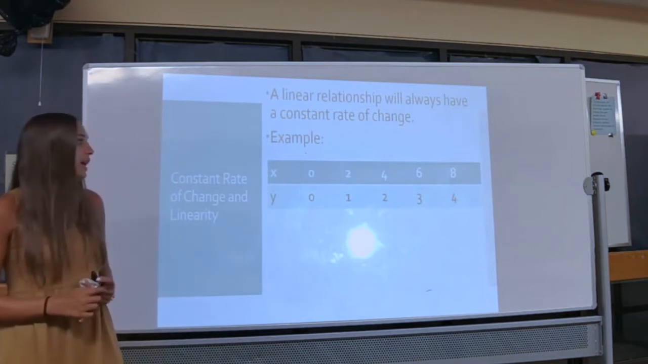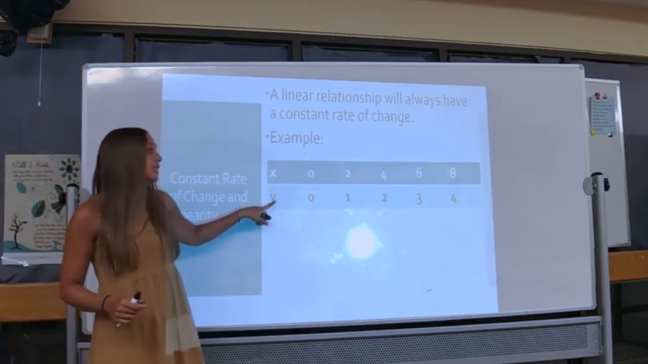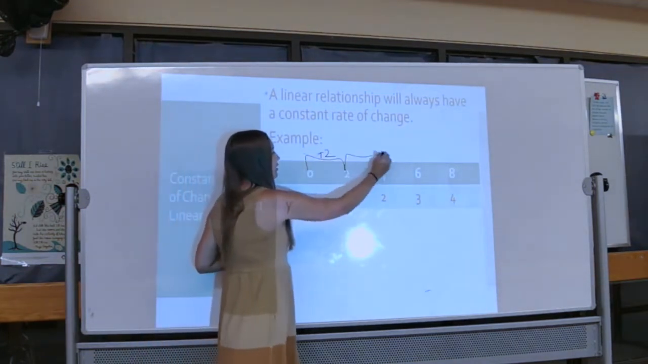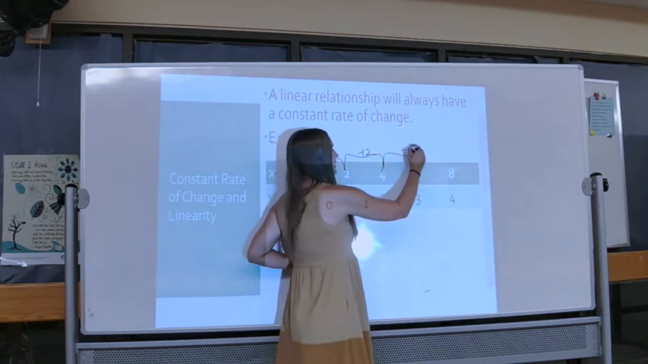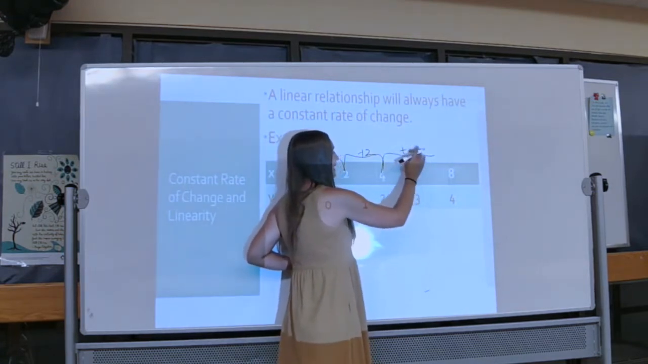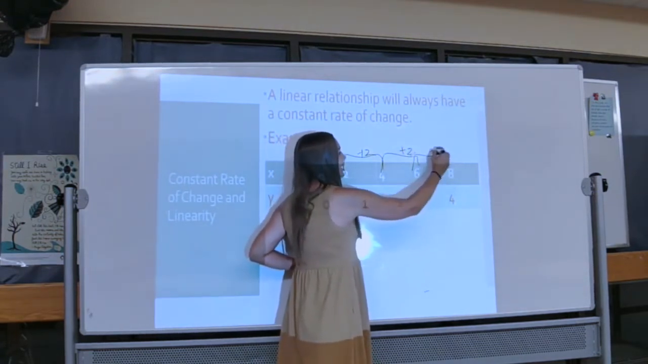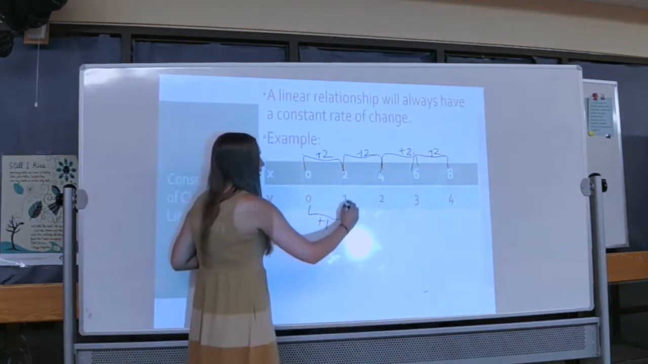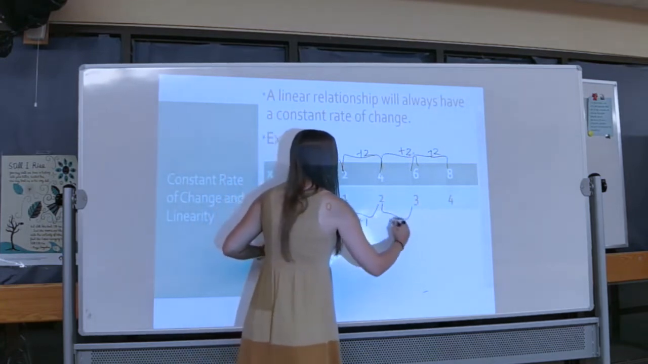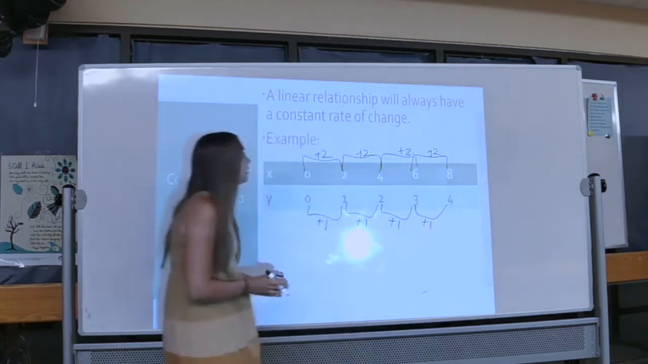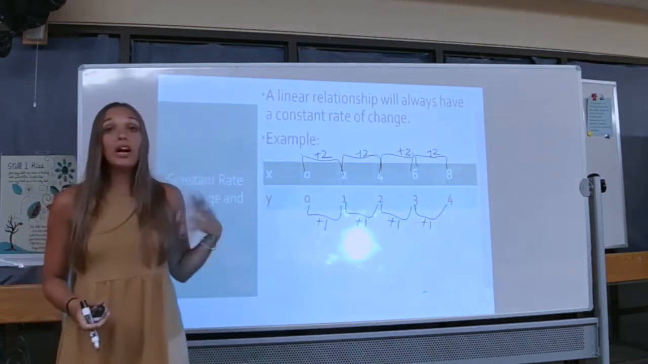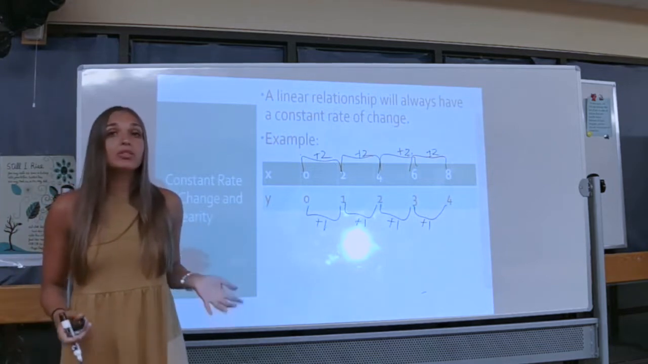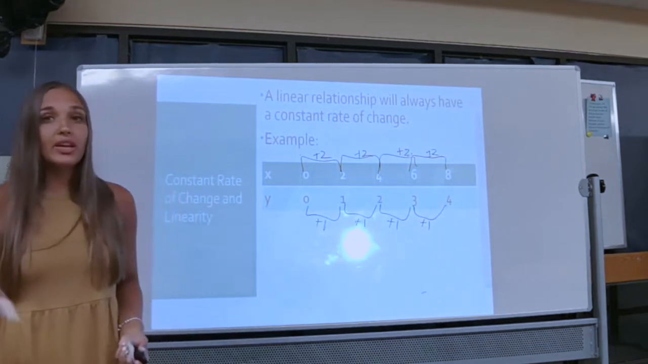So this is a table. We have our x's and our y's, and we're going to see how much our x's are going up by. Well, it's going up 2, up 2, up 2, and up 2. Here on the y's, it's going up 1, up 1, up 1, and up 1. So because all the x's are going up by the same amount, plus 2, and all the y's are going up by the same amount, plus 1, this means that it's linear and it's going to have a constant rate